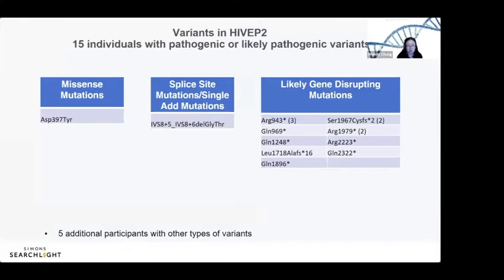As part of this series, you've been learning about how to read your genetic test report. So I'm not going to go into detail about that, but to say that what I have shown here is when there's a number in parentheses, this was something you didn't get in that primer. This means that 3 individuals in the community have this same exact genetic change, the arginine in position 943, or 2 individuals with this change, or 2 individuals with this change. And so that means you're not alone.